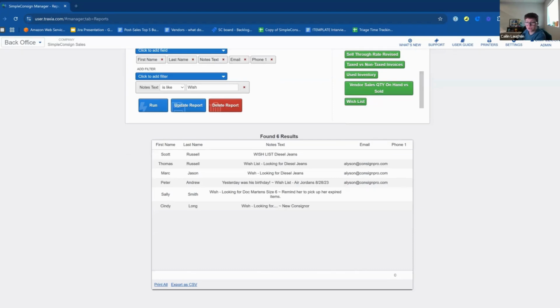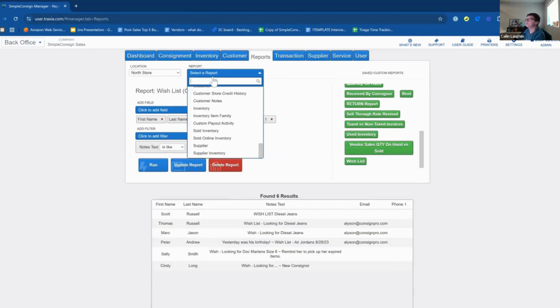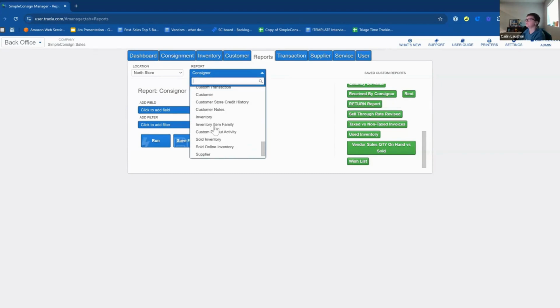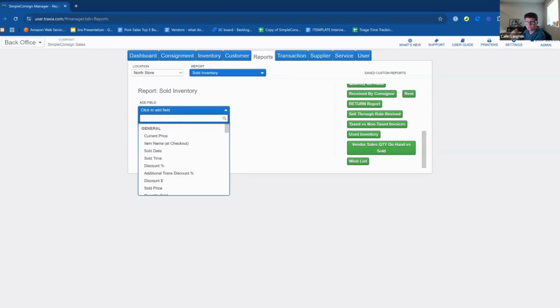Daily inventory turnover report with consignor's name, SKU, etc. What do you mean by turnover? What are you looking for? Items that have come in, items that have left, items sold. Okay. So if we do sold inventory,